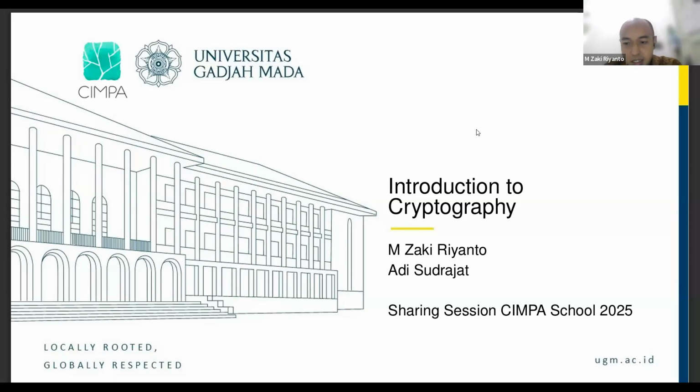The cryptography in the Simba school has two lecturers, Professor Indah Emilia Wijayanti and Dr. Ani Monalifa. And here I will sum up the lecture of both Bu Indah and Bu Ani. The exercise session will be conducted by Mas Adi Sudrajat. I think he has still not joined.